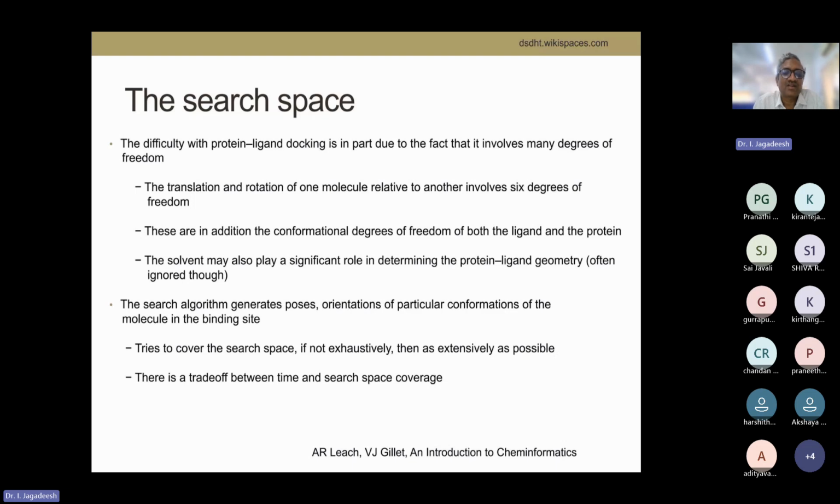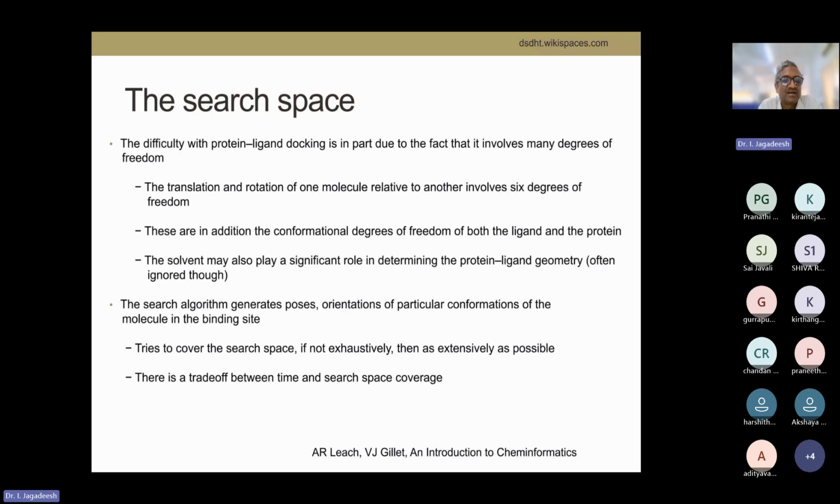The solvent may also be present, like water effects, which play a significant role in the protein-ligand geometries. In many cases we have a polar surface area, so obviously the water will influence it. We cannot ignore the water effect. So the search algorithm generates poses, orientations of particular conformations of the molecule in the